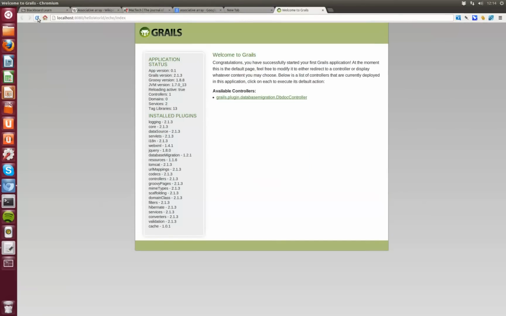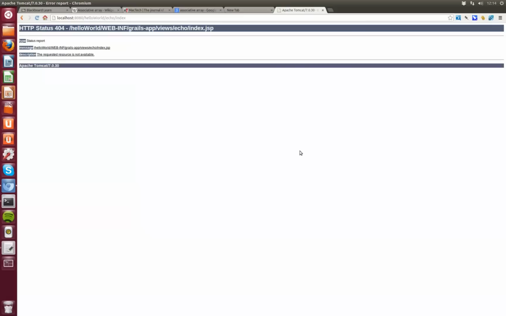If I refresh this now, Grails now lists the echo controller for us. It's probably difficult to see on the screencast, but down the bottom corner, this link links to /hello-world/echo/index. I'm going to click this link now, and what I've got back is a 404. Now, what this is telling me is that, although it's not terribly obvious, it's found the controller, but what it's